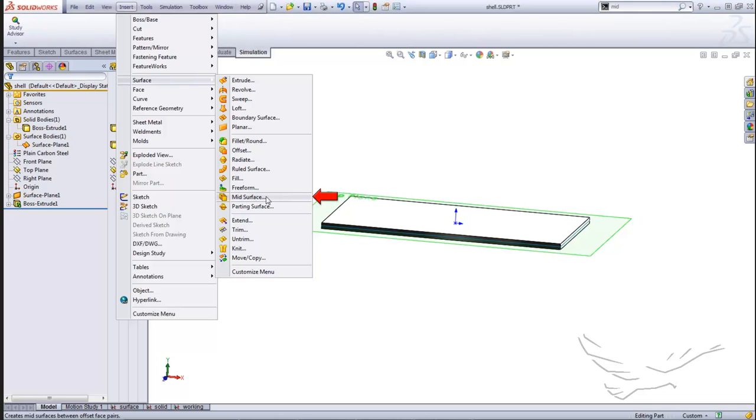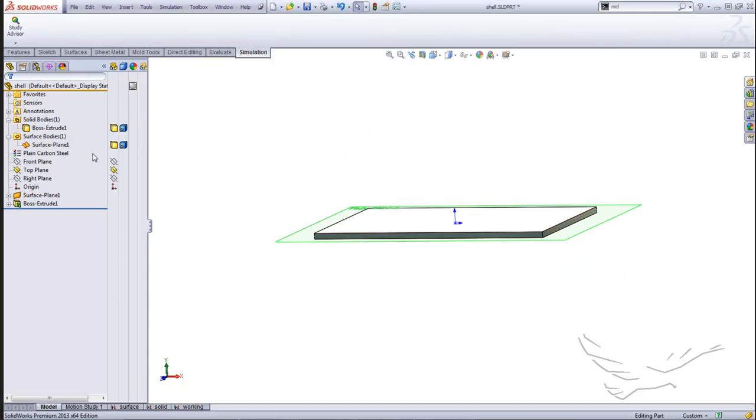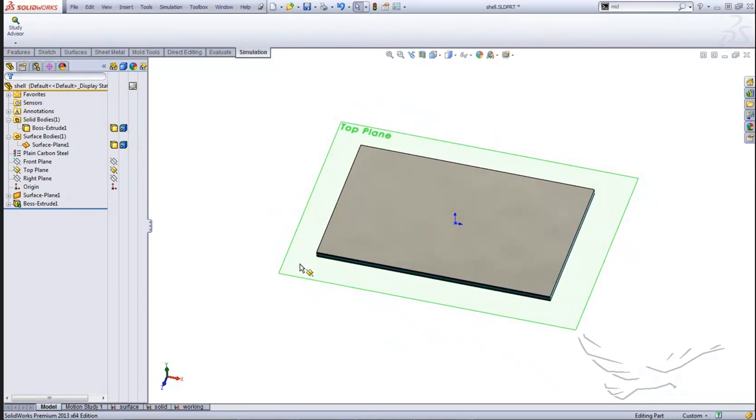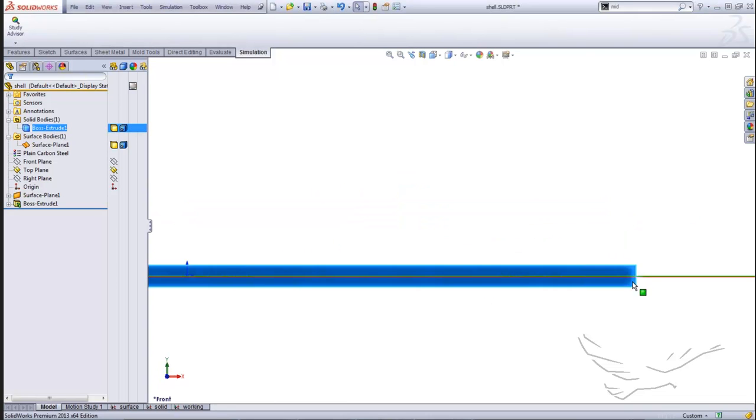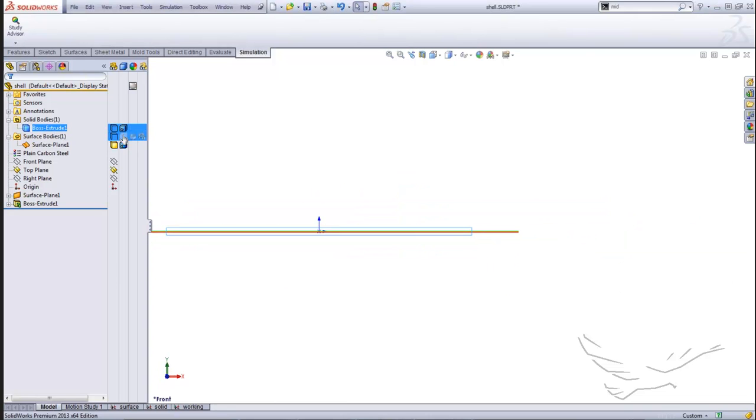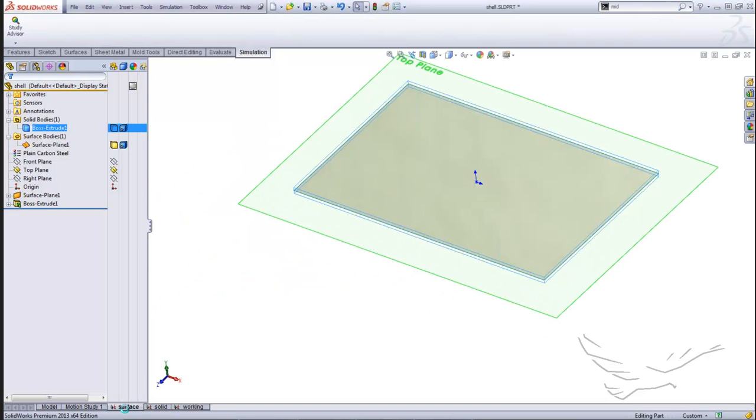So this works for fairly simple components. It won't work for all complex geometry. But for a component like this, it's not too difficult to create a mid-surface. Right? And I've also placed the top plane so we can see where the mid-surface actually does lie. I'm going to hide the solid. And when we jump into the surface